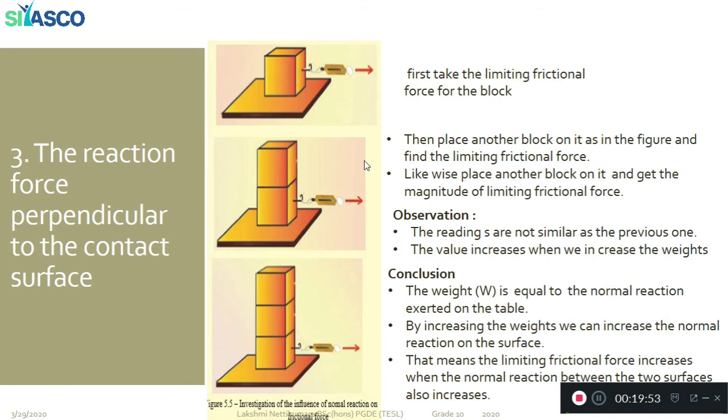By increasing the weights, we can increase the normal reaction. And increasing the weights, or increasing the normal reaction, will lead to an increase in the limiting frictional force between the two surfaces. So let's conclude all these three